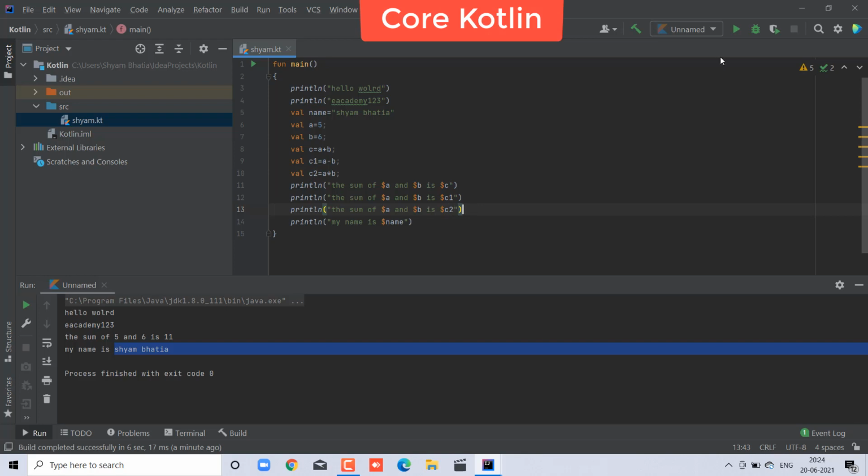The remaining operations you can perform easily, because I am not wasting time on them, just plus, minus and multiply. So this is not the sum, it is the subtraction, of a and b, and here I took the product of a and b.